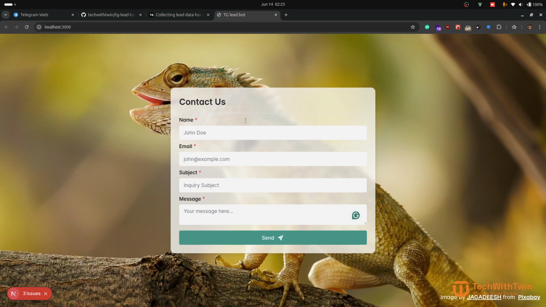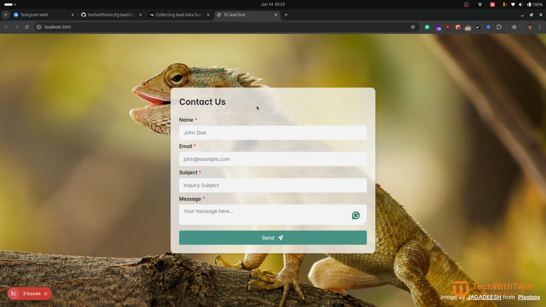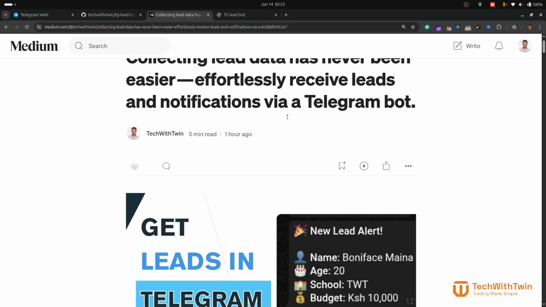So this project is built on Next.js and Chakra UI and React Hook Form for form validation. Our main focus is not to build the form. Our main focus is to submit the leads to Telegram. So going back to the article,